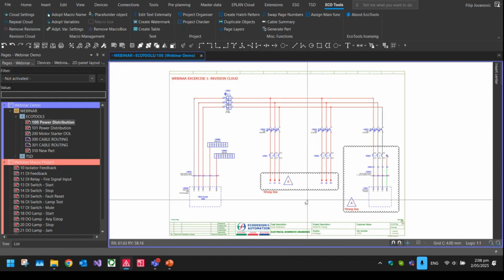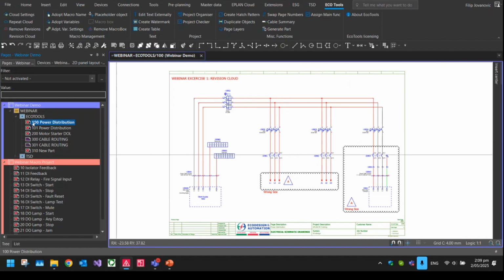And now let's say a week's gone by. You've made all the changes, the project's been finalized, and you want to remove all of these revision clouds. And let's say you have it across multiple different pages. So to do that, we also have another feature, is you can select the page, and up here, you can